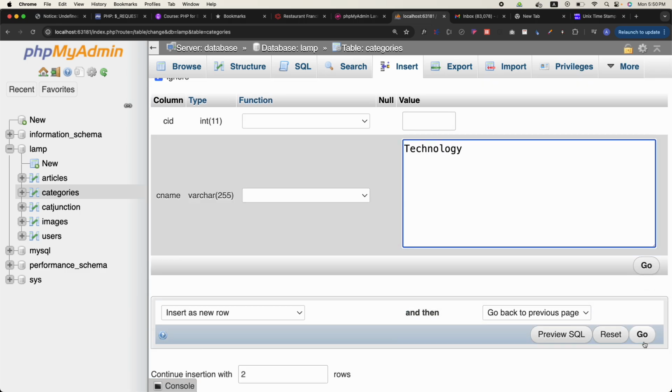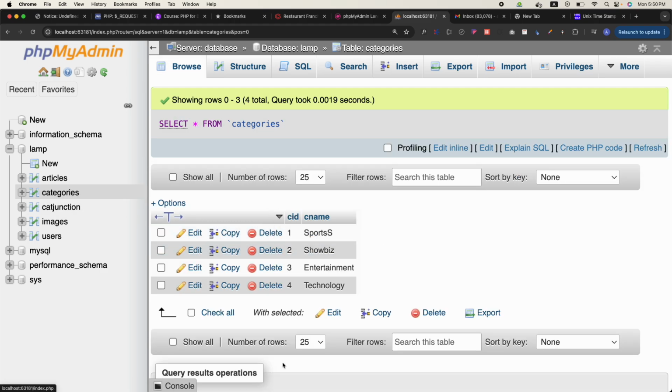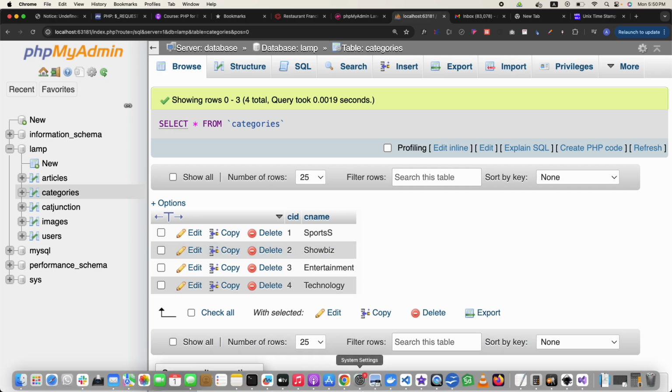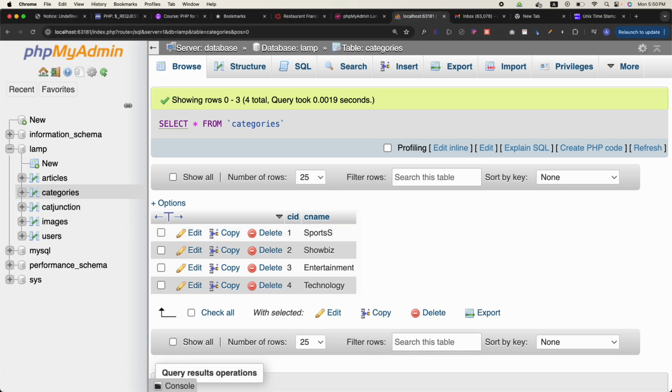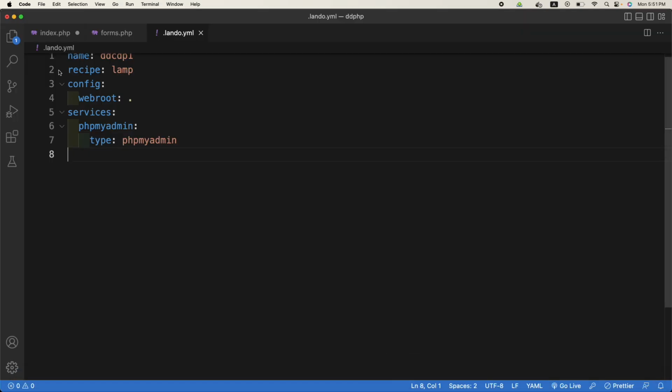And so on. These four are okay for now, right? So if I go to categories now, these are the categories. Let us say it. Now let us show this on our page, on our website. Okay. So for example, if I come to